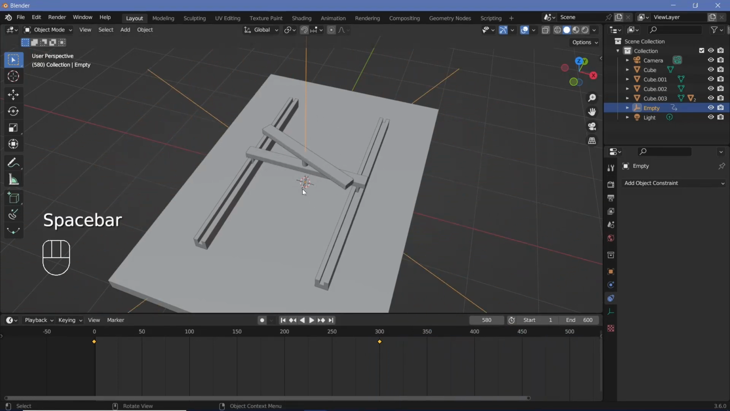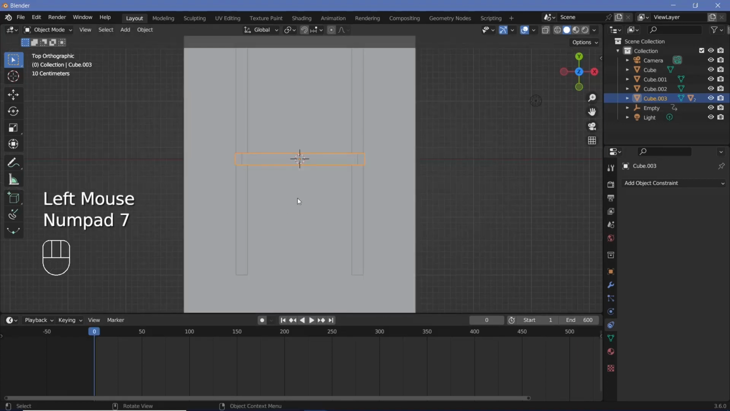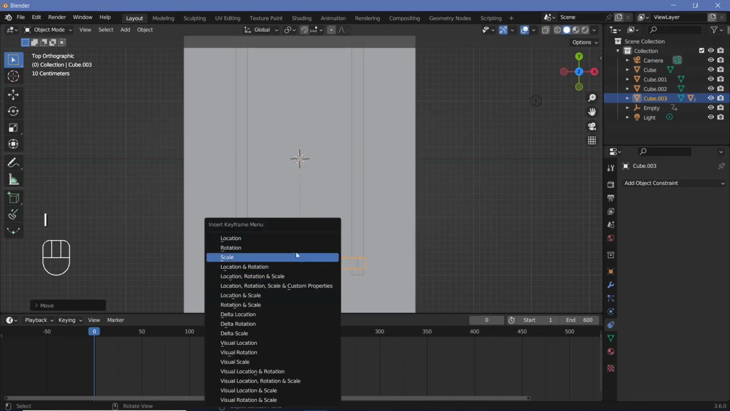Now that we have that set, we can deal with the animation for this particular base. So let's go to frame 0 and press 7 to go into the top view. Let's press GY and move it down by maybe -2 units, and that brings it to the absolute edge. So maybe let's not go for -2, let's go for -1.8, and then we'll just tap I location, and then